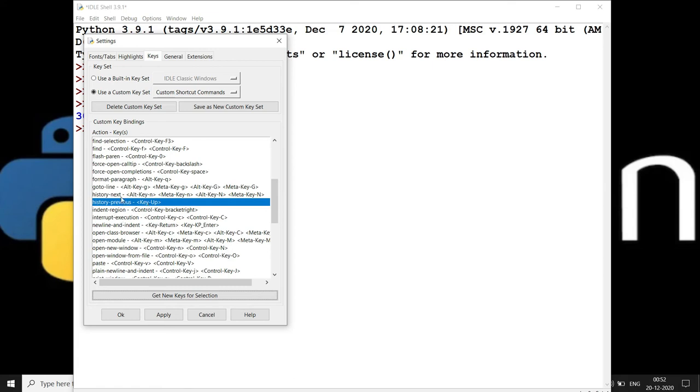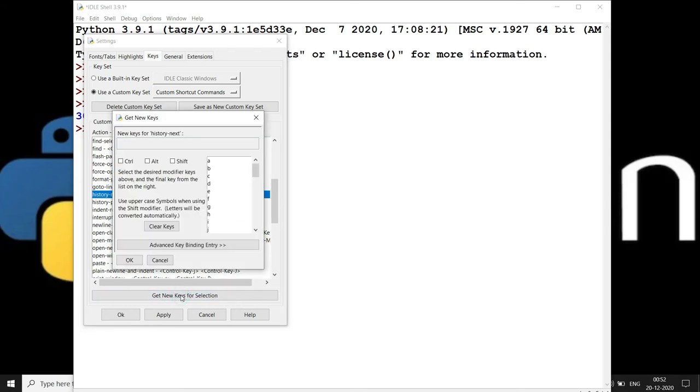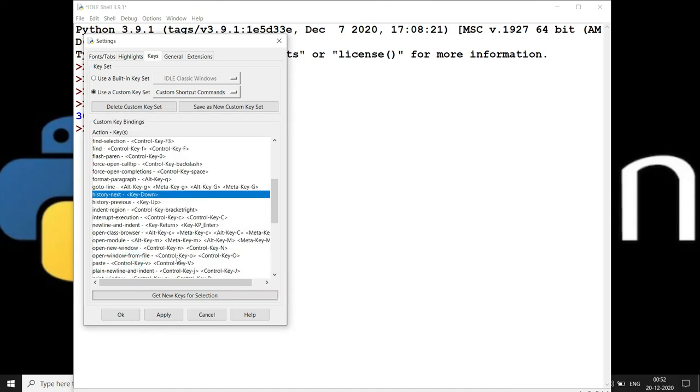Similarly, we can customize for next. I'm going to click over here, and I'm selecting the next command, for which I don't want Alt N, I want the down arrow. Again I'm clicking Get New Keys for Selection, and here I will select the down arrow for the next command, and click OK, and Apply, OK.